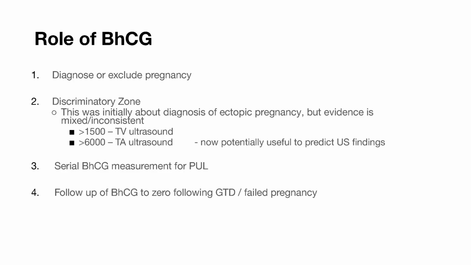And I think that can just help you as a clinician understand what you might expect to find, counsel the woman, and therefore interpret the results. I don't think it can be as strongly correlated with likelihood of ectopic pregnancy, although as the beta HCG gets higher, if an intrauterine pregnancy isn't present, the likelihood of ectopic, of course, increases. Beta HCG can be done serially to help further aid in the diagnosis of a pregnancy of unknown location, and there's a separate video going into much more detail there. And also to follow up the beta HCG level to 0 following a failed pregnancy or in the setting of